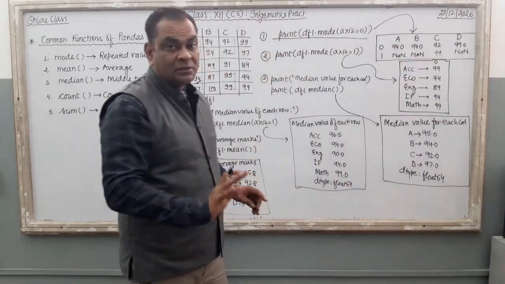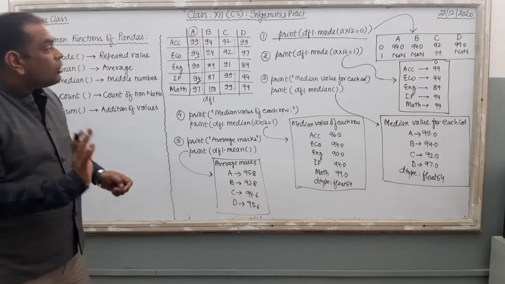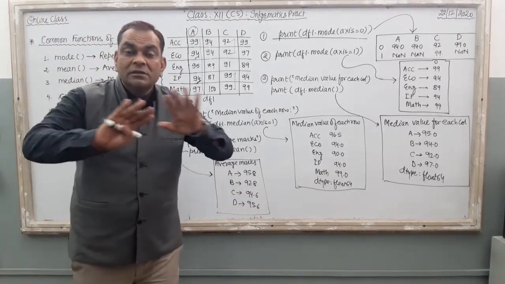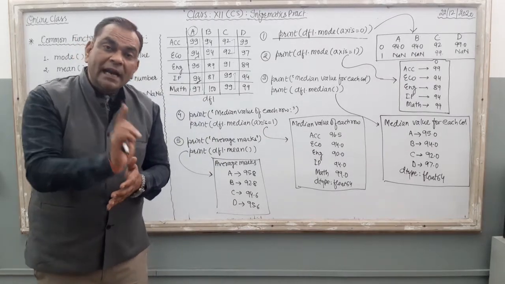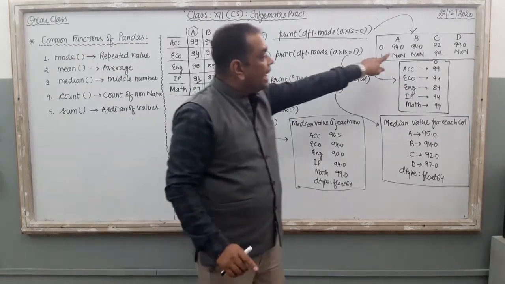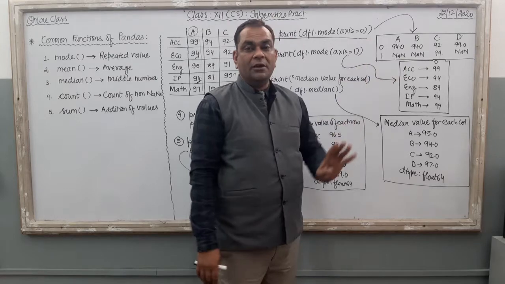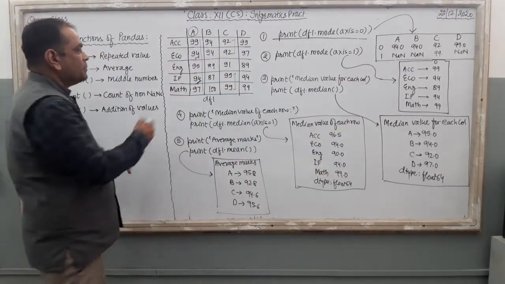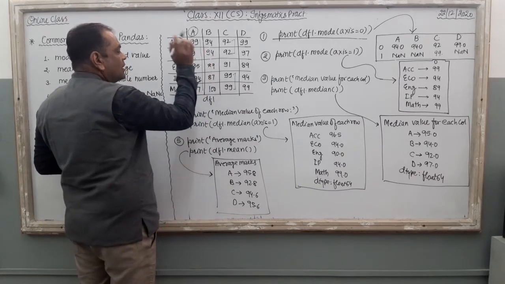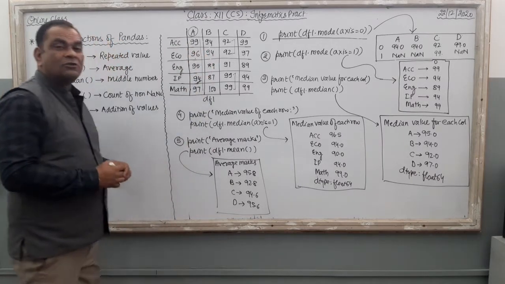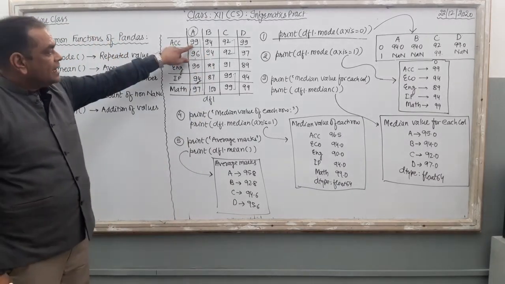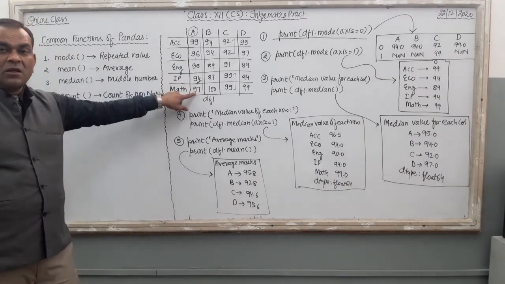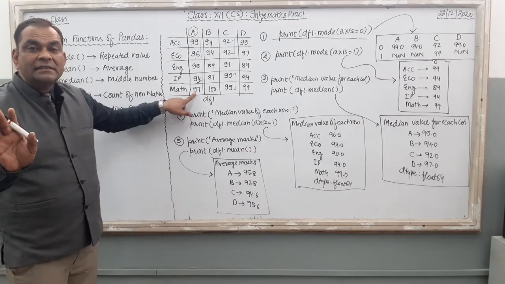NaN. If a column in your data frame has no value repeated, then by default the computer puts NaN instead of the value. Clear? Suppose we take the example here, 94, 94. Suppose I convert this 94 into 96. Now check the column: 99, 96, 95, 94, 97. No repetition is there in this column.